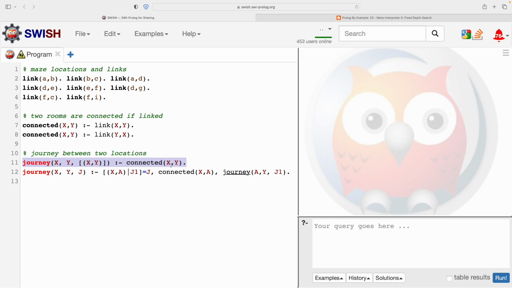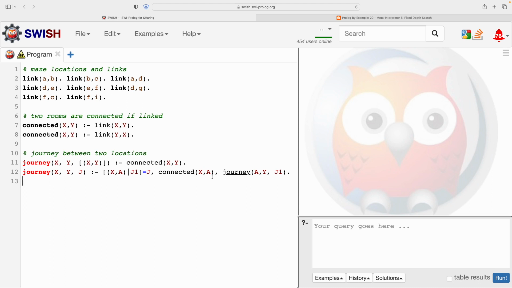So that was the base case that we talked about. And then the more general recursive definition, the self-referential continuation rule as it were, is to say that x, y and J are a journey if connected x to a. So I've chosen,